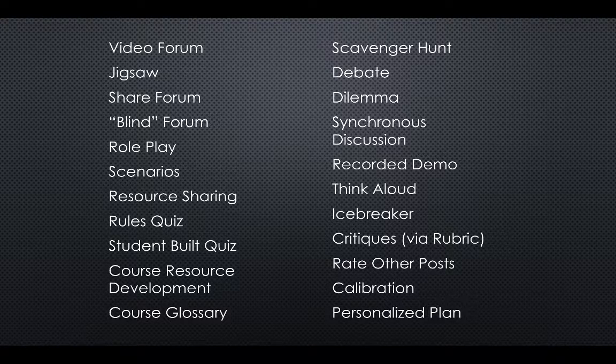Icebreakers we cover quite a bit throughout classes. That is a specific strategy type. Critiques. This is where I give students something and then they go and assess it via rubric. And we think of that sometimes as grading. A rubric doesn't have to have grades with it. It could just classify something or characterize something. What category does this go into? That type of thing. And by critiquing, again, you could have it so that students do this individually